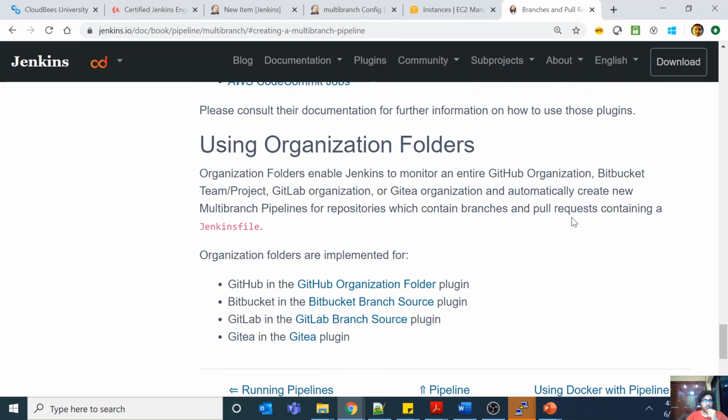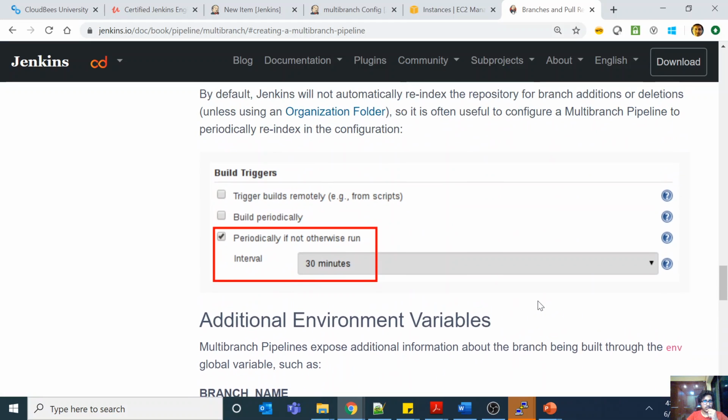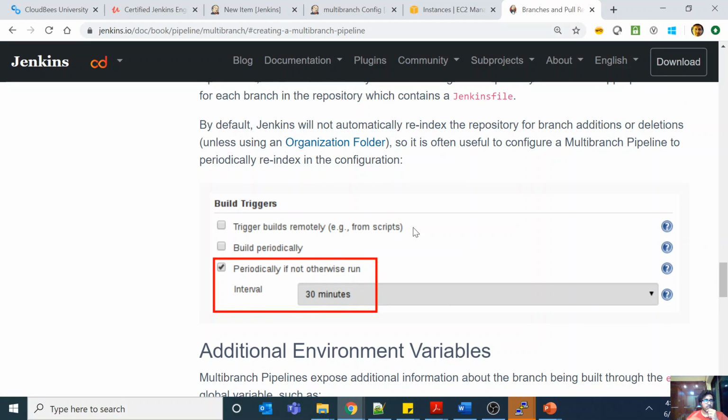And there is this concept of organization folders also, if you want to monitor an entire GitHub organization. Okay, so for example, what they're saying is that, say I have done it the first time, now I add new branches, then what will happen, right? If I add new branches, do I have to again create a pipeline project? No, one option. Okay, if you are not using organization folder, which I will explain later, so Jenkins will